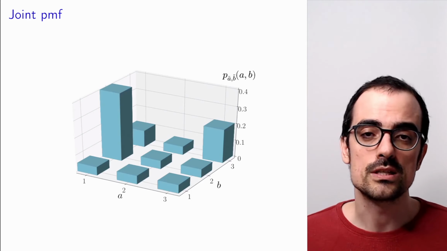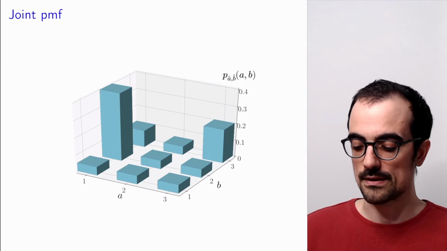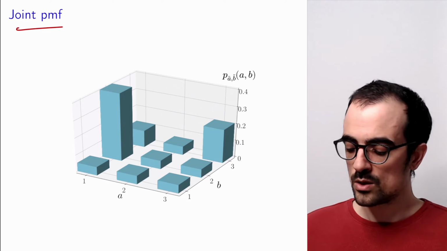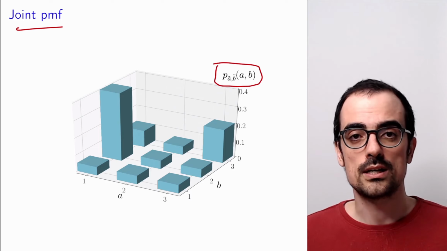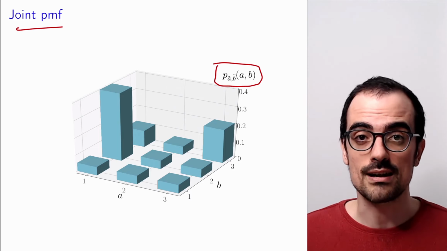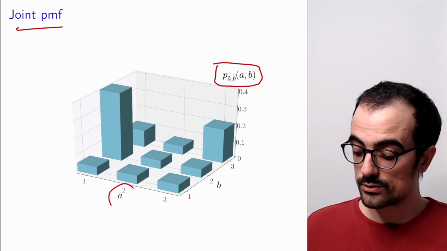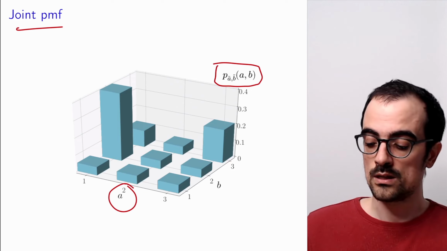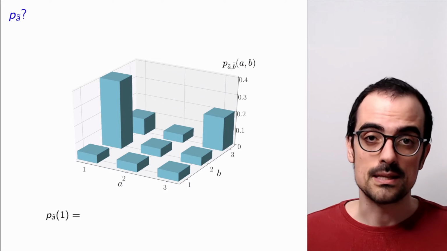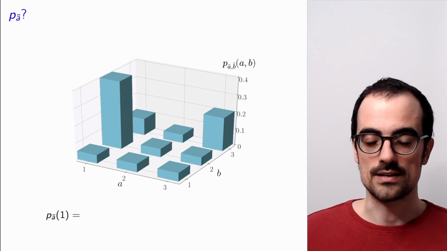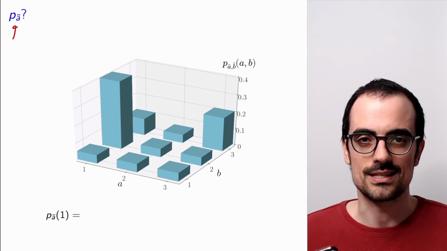As we explained in a previous video, the joint behavior of discrete random variables is completely characterized by the joint PMF. So what we're saying here is that we might have a joint PMF estimated from data, which contains the interactions between two random variables, in this case, A and B. But it's possible that we are only interested in what is going on with A. That is captured by the marginal PMF of A, which is just the PMF of A as a single random variable, which, remember, we denote by P with this subscript A,